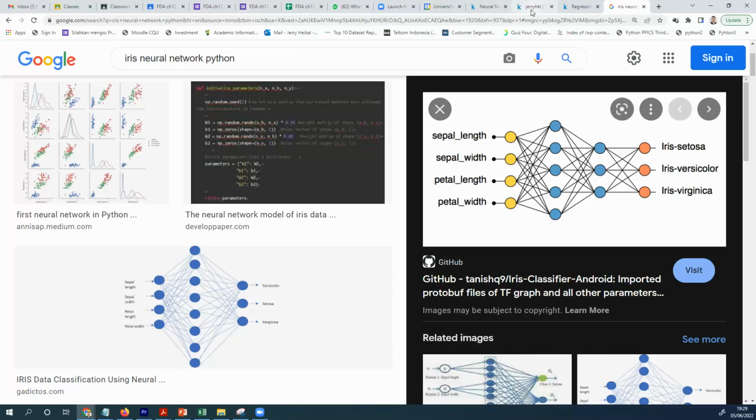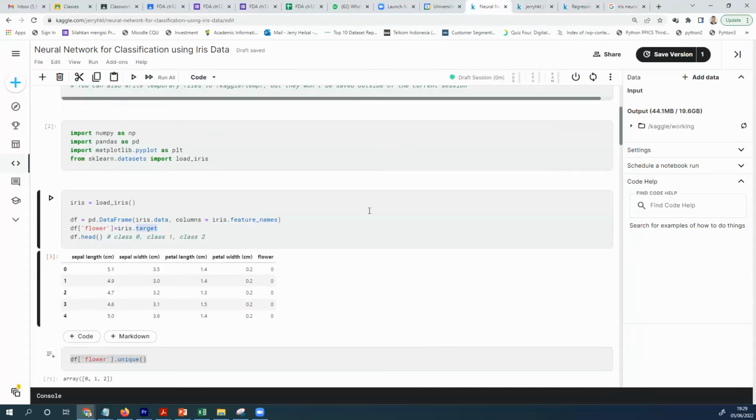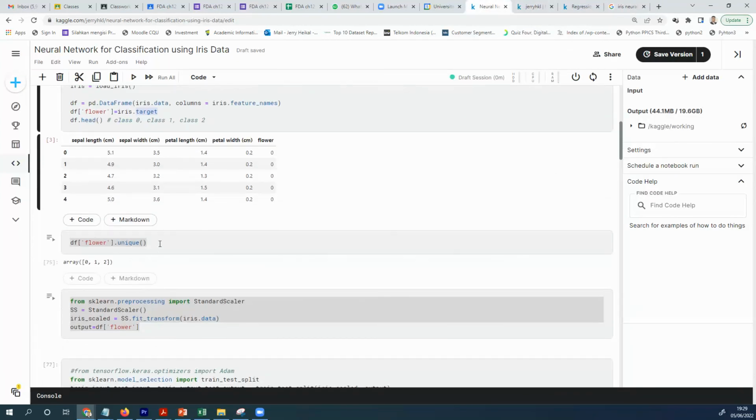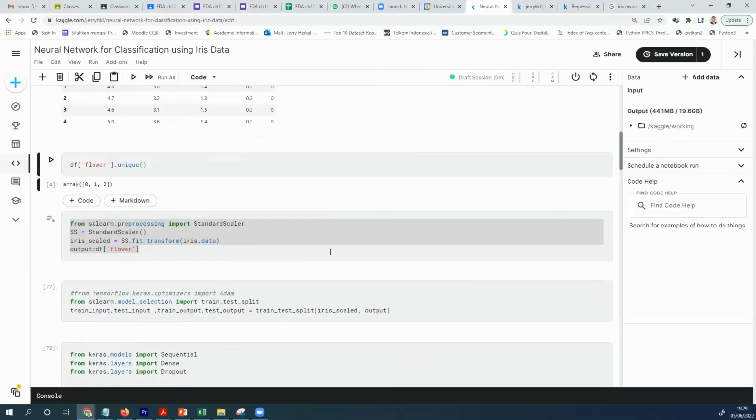Okay, all right. So we have the unique flower names, 0, 1, and 2. And then,